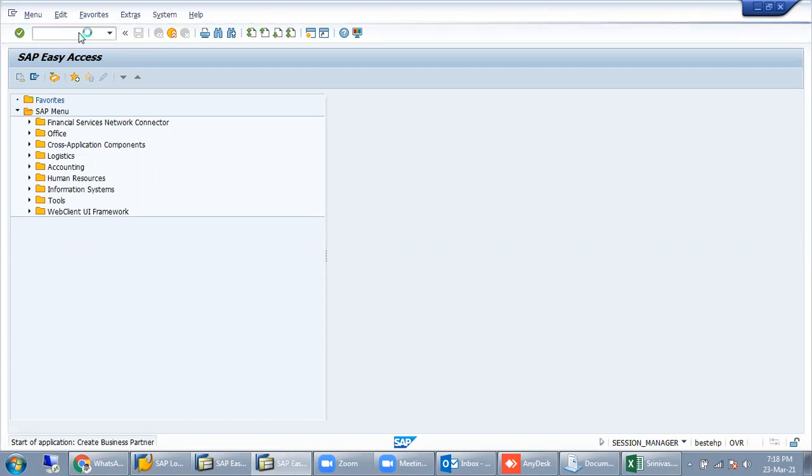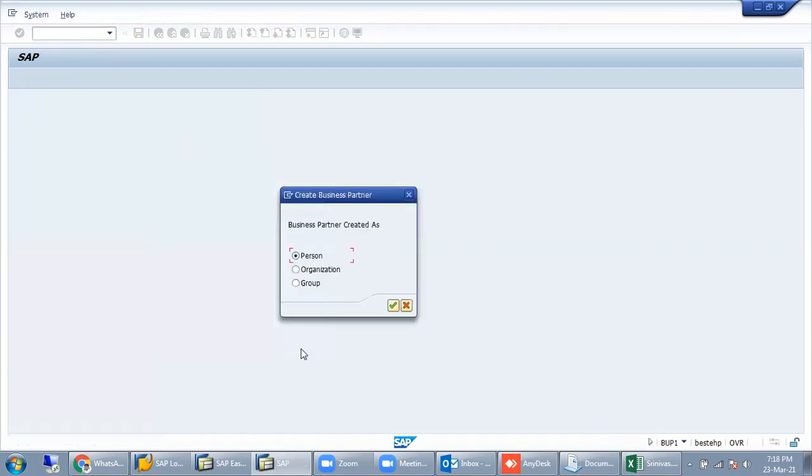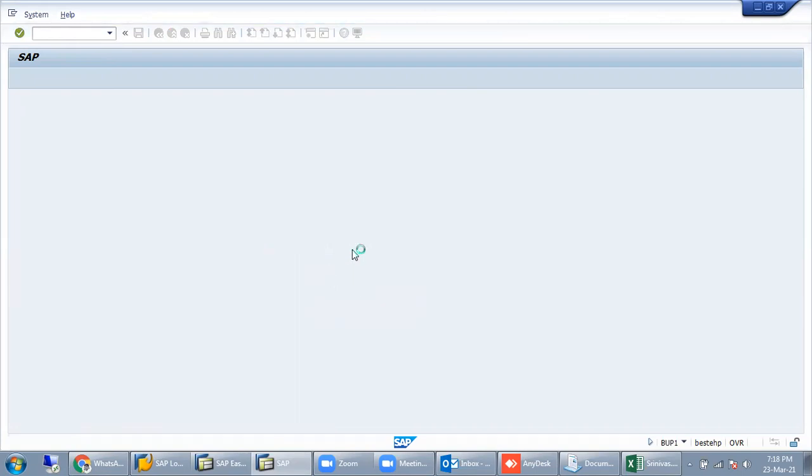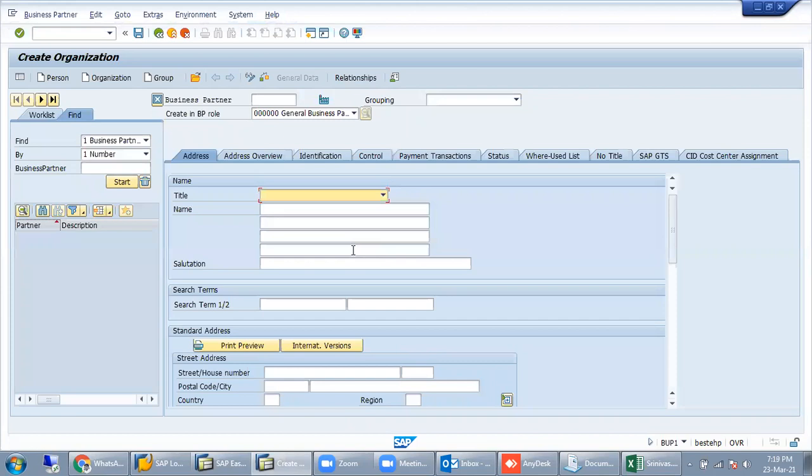See, the BUP1 T code is open. I am going to create an organization or a person. It was taking some time, I think. Yes, so this is the screen for creating a business partner.